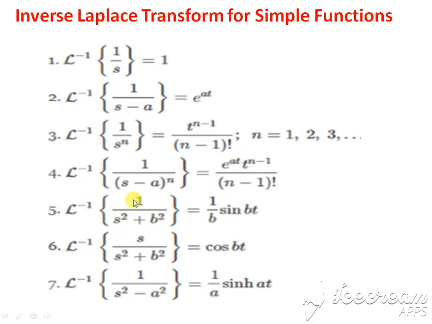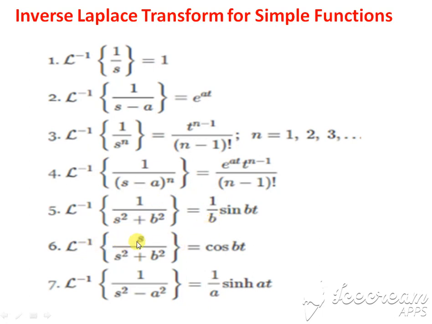In the numerator, we need to have either the complex variable s, or the constant b. So here one is there; for that we need s or b, but multiplying and dividing by s is not possible. For that we need to multiply only the constant, so we multiply by b. So put b here: b by s squared plus b squared. B by s squared plus b squared is sin bt. For multiplying by b, we need to balance by division of b.